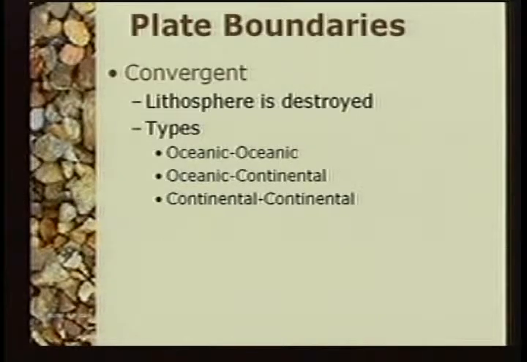Well, the opposite of that would be a convergent plate boundary. Instead of plates pulling apart or moving apart in opposite directions, with a convergent plate boundary, we have plates coming together. Now, there are different varieties of convergent plate boundaries. We have two different types of crust. We have a continental crust, which is much thicker and less dense than the oceanic crust, which is a lot